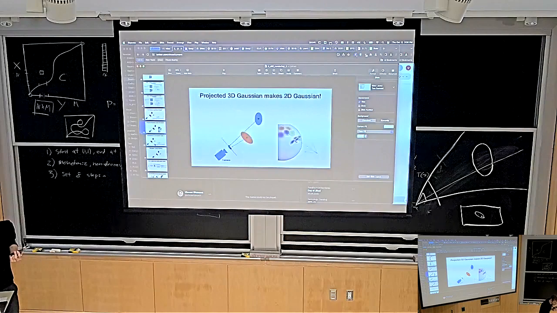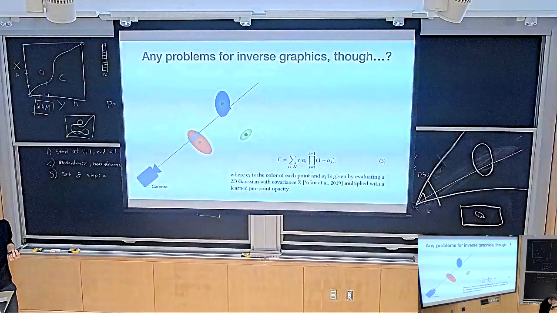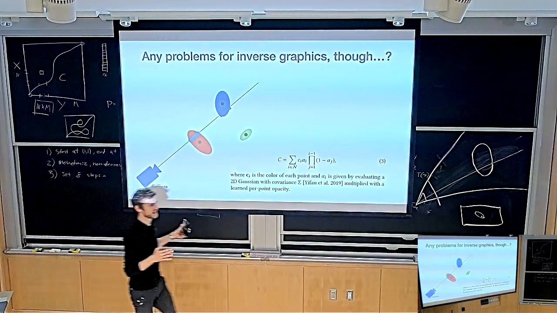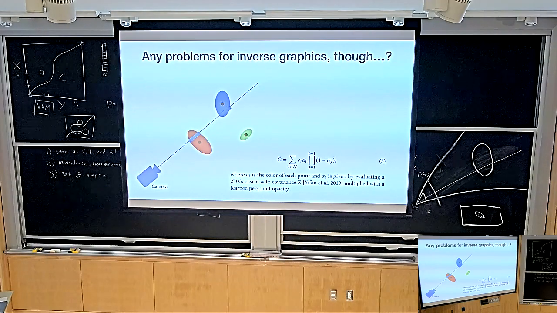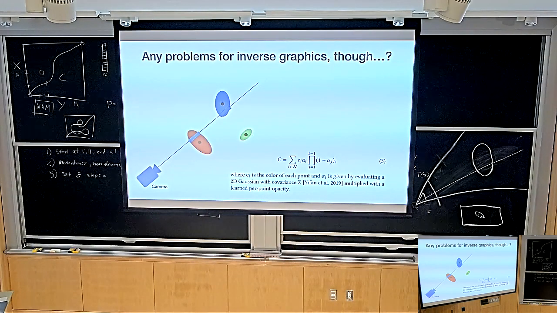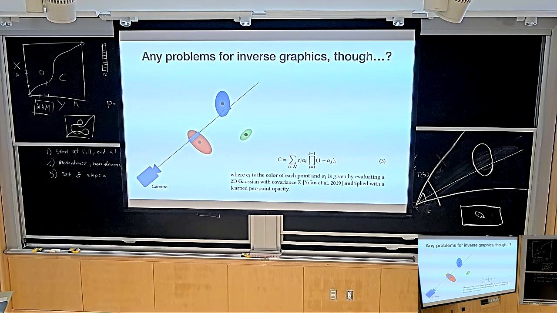Good. This brings us to a question. So we just described how we now can compute this integral, the volume rendering integral, exactly as we had done it before, but now it's much cheaper. Do you see any problems with this? From anything you've learned so far, how would you now actually go about reconstructing a scene with this knowledge? What have we just done? We have described a parametrization of the radiance field, right? And we have described a differentiable renderer.